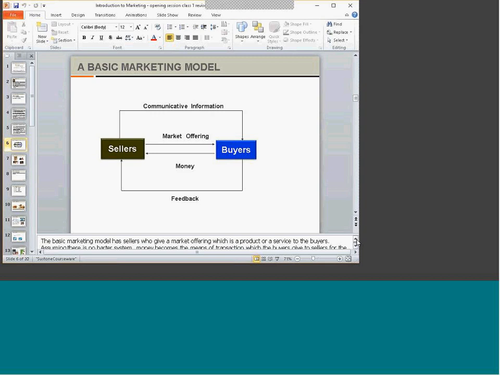The buyer, to complete the loop, gives feedback to the seller. I keep asking questions and I will expect all of you to keep writing something there. It also gives me an indication that you all are listening to what is happening here. So my first question is, in what format does the feedback come from the buyer?